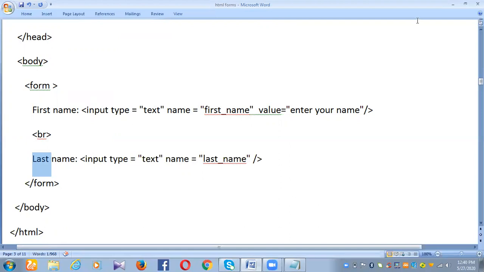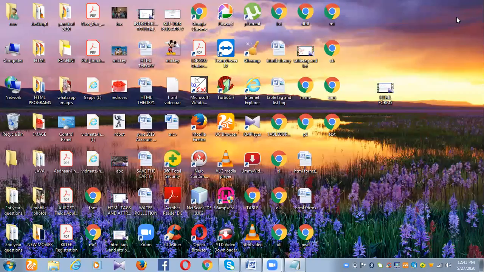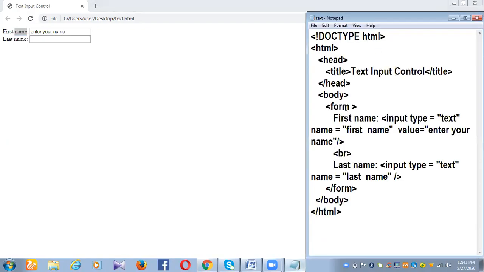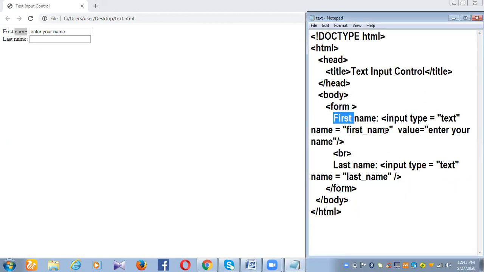Now let me show you by executing the code. See here, here is a text input control. Here is the first name which is mentioned. Then input type is equal to text.